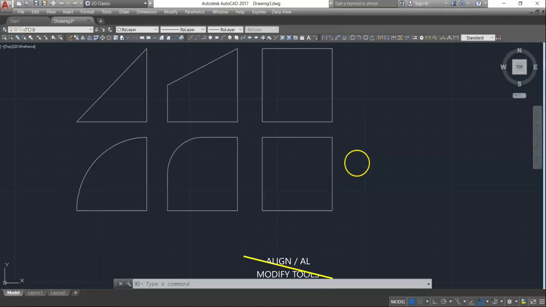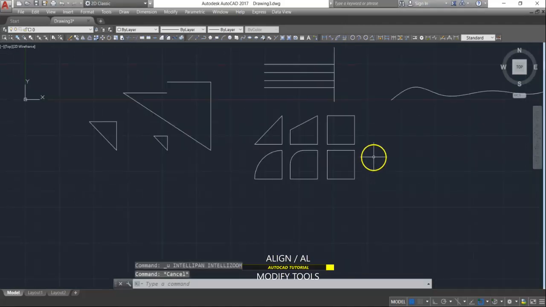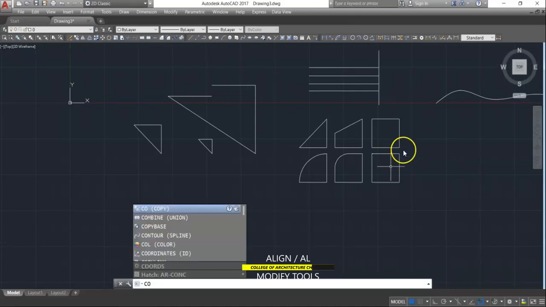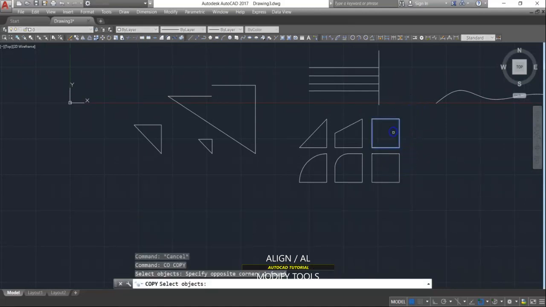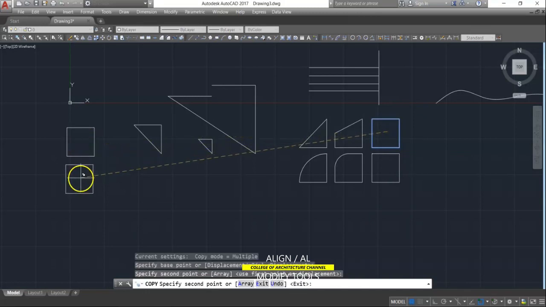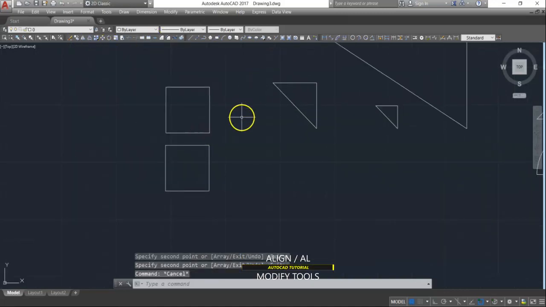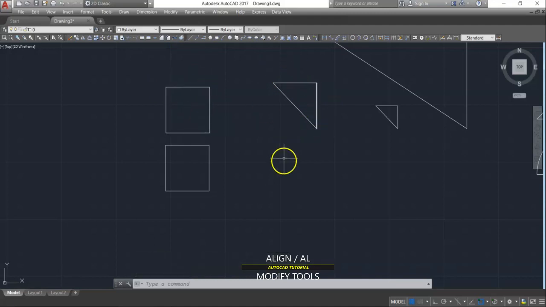Now before we go to the next set of tools, let me add this next command, which is not included in the modify tools, but can also be useful in modifying objects. So what I want to do now is to align this square in here. So I'll be typing in L